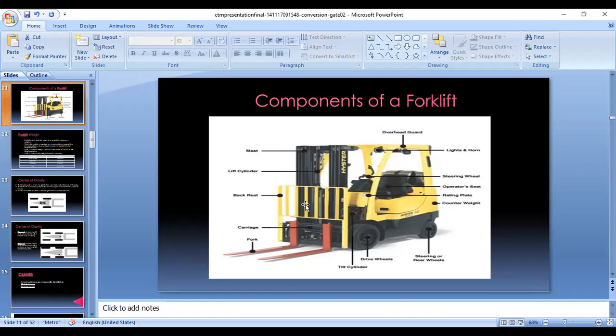If the mast or lift cylinder cannot bear the load, the materials may fall. If the height of the material we are transporting does not fit into this carriage, where the forks cannot lift that amount of raw material, it may fall off. So to guard the operator's safety, we provide the overhead guard. This is the operator seat, and he is guarded by the overhead guard and counterweight. Here, this body acts as the counterweight for the weight we are lifting through the fork.